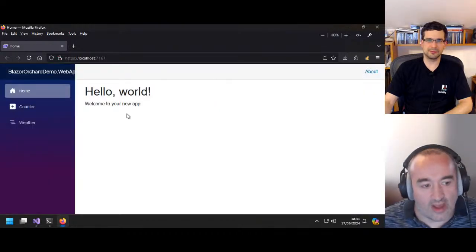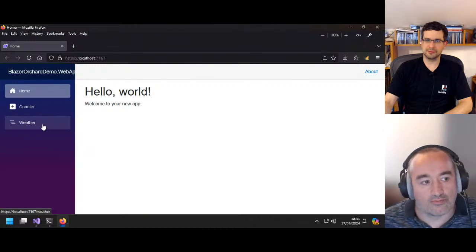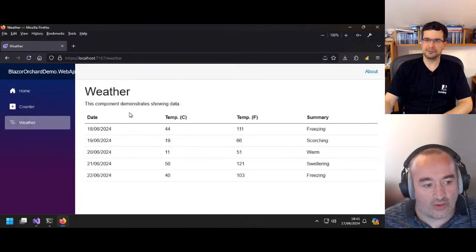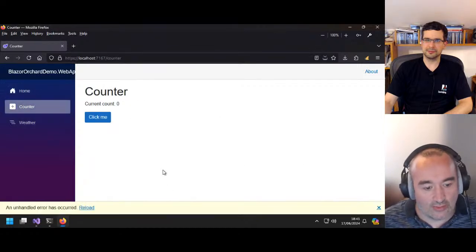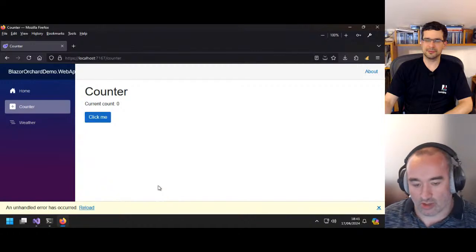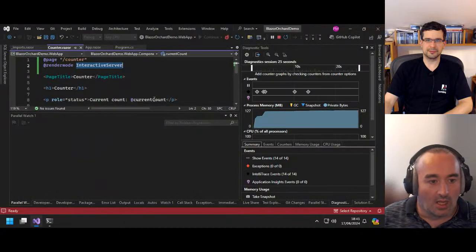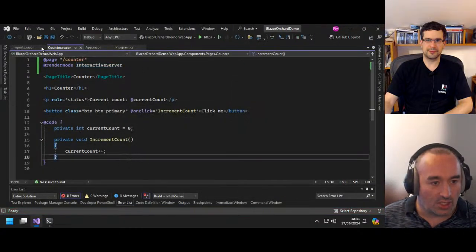So now if we come in, we can see this was what it would be like if you had the per component rendering. So the main page works, wherever works, but as soon as we get somewhere that has interactivity with it, where you should be able to click a button and something happens because of that, then we get this problem with the circuit failed to initialize. And that is because